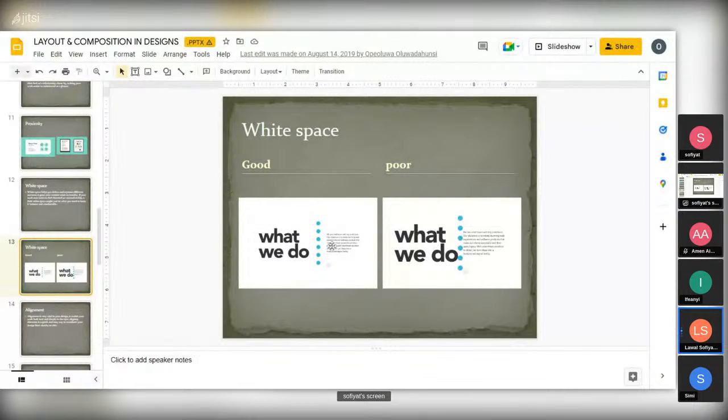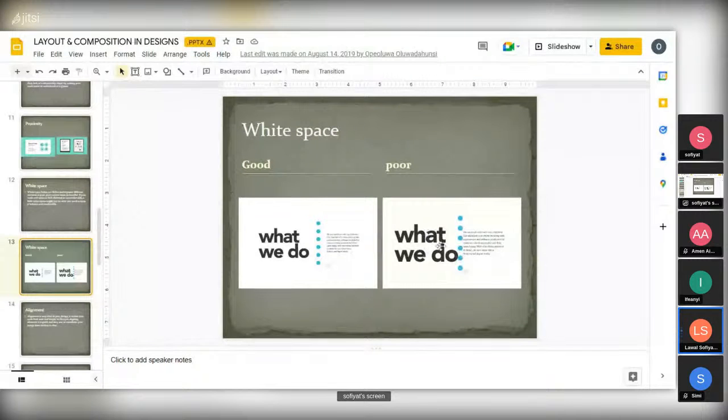Okay, I wanted to show you the example of a white space. So this is a good one. Can you see that the words here are minimal, not too big, and the spaces are there. This space, this space, this space, there is also space here. So this one is the white space. But let's see the other one that is bad.